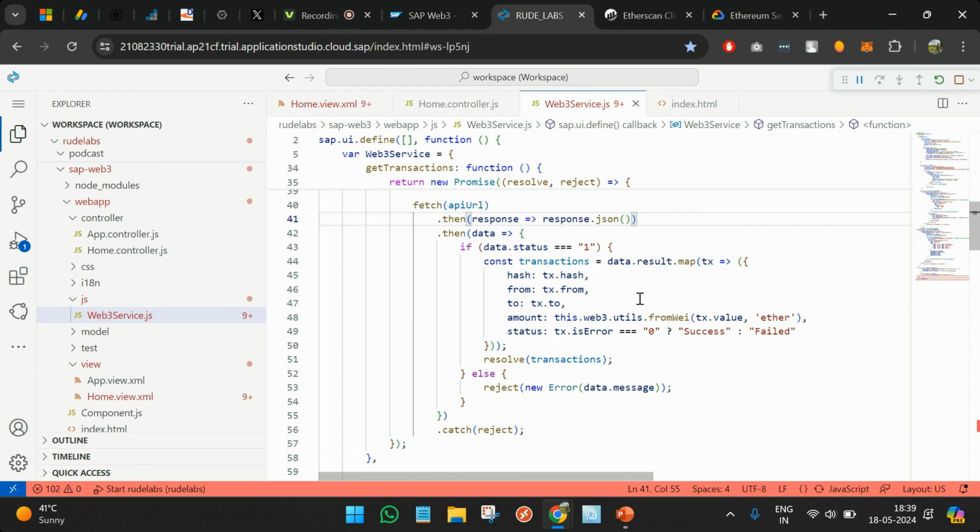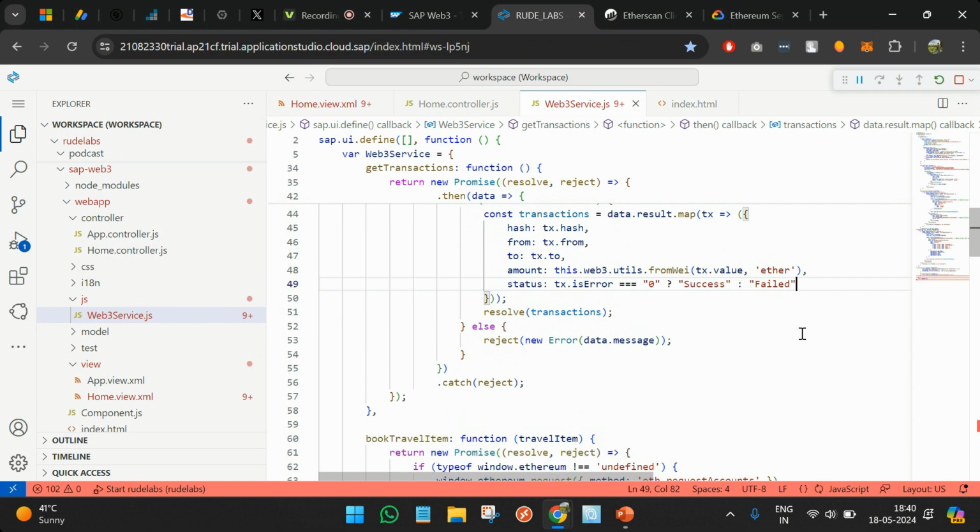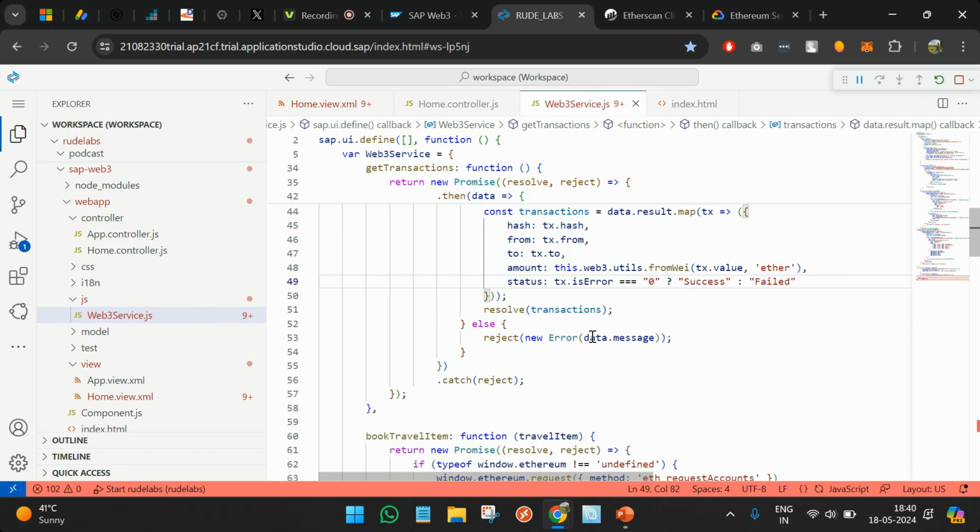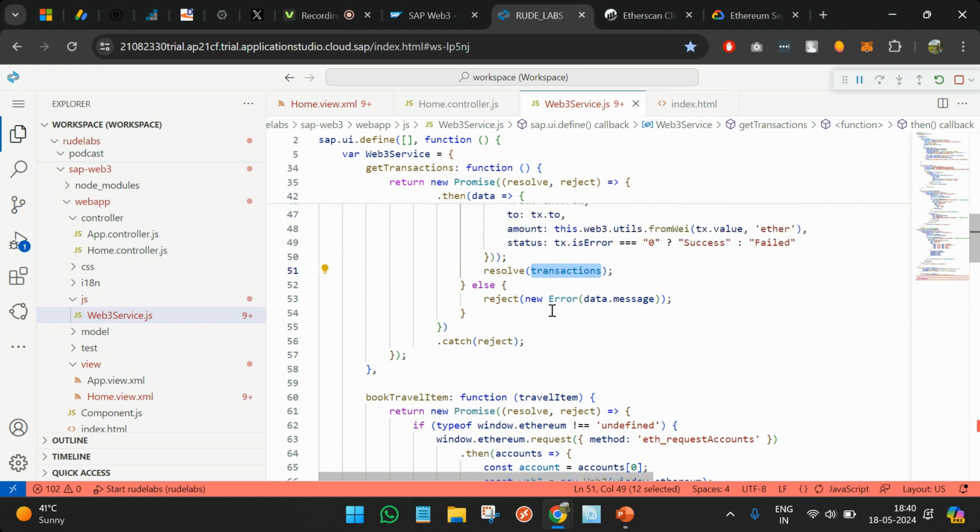Or it might not fail also. In both cases, we are preparing some set of data. If it works, then we are saving the hash, transaction from, transaction to, everything we are saving out here, and what amount exactly it is. And in case it is not working, then also we are saving some data. We are saving the data in the